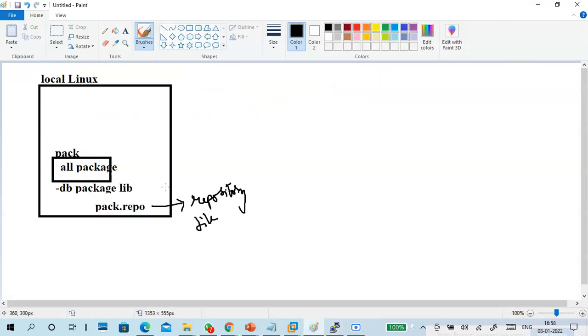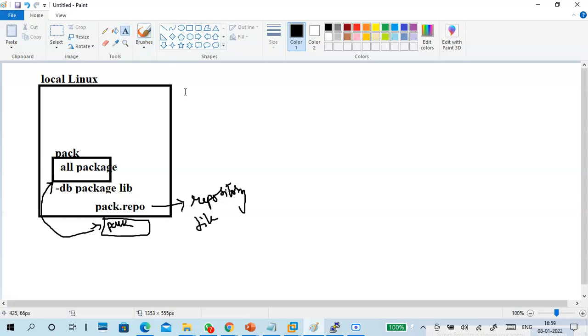What is the content of this file? In this file, I am telling where the packages are located directly. Where the packages are located is in this file.